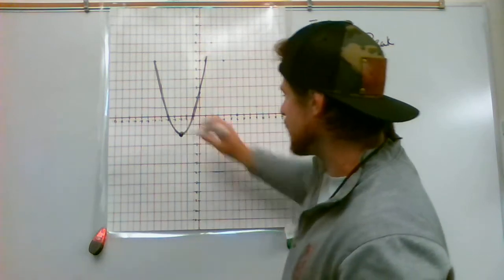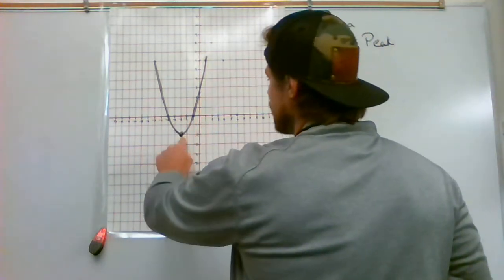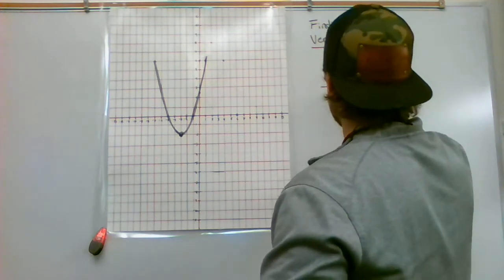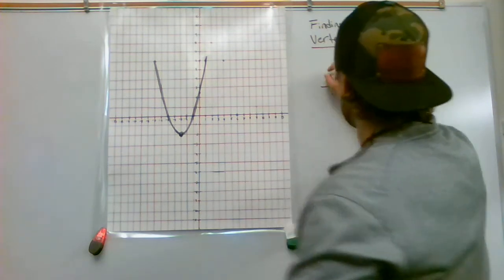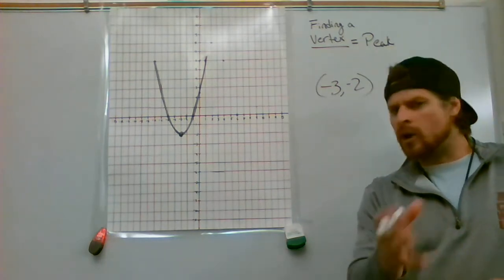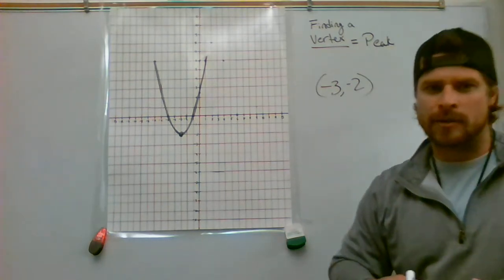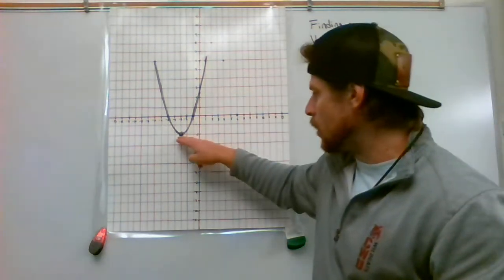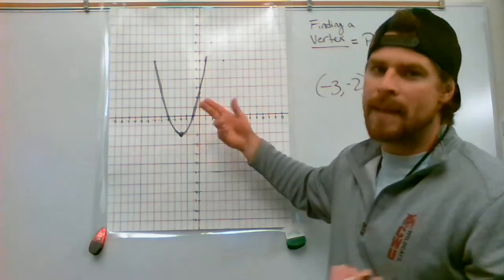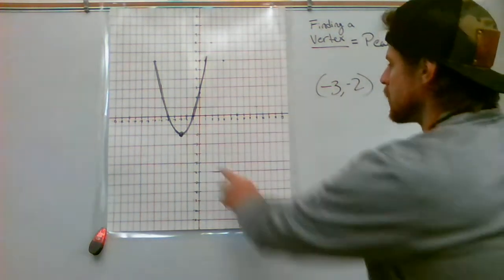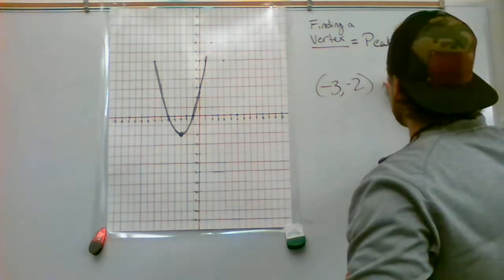So I'm going to mark that nice and big. And it's at -3, -2. So for this one right here, our vertex is -3, -2. You can also be asked in an algebra class to determine if it's a maximum or a minimum. Minimum meaning, is it the lowest part to the parabola? Maximum meaning, would it be the highest part to the parabola? Obviously, what we're looking at here is the lowest part, so this is a minimum